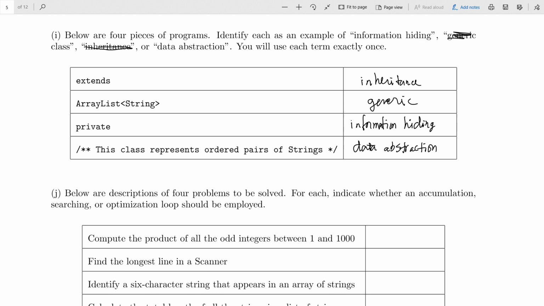Remember, abstraction is taking a simpler view of something by ignoring selected details, and that's what we're doing there. If we're looking at an ordered pair class, it's going to have instance variables and methods and such. That just boils it down to what you need to know in one comment. That's abstraction, and since it's abstraction applied to a class, that's data abstraction. It has to do with new data. The Javadoc comment for a method would be an example of what's called procedural abstraction. Procedure is sort of a synonym for method. All right, let's take a quick break and then we'll look at some more of these.